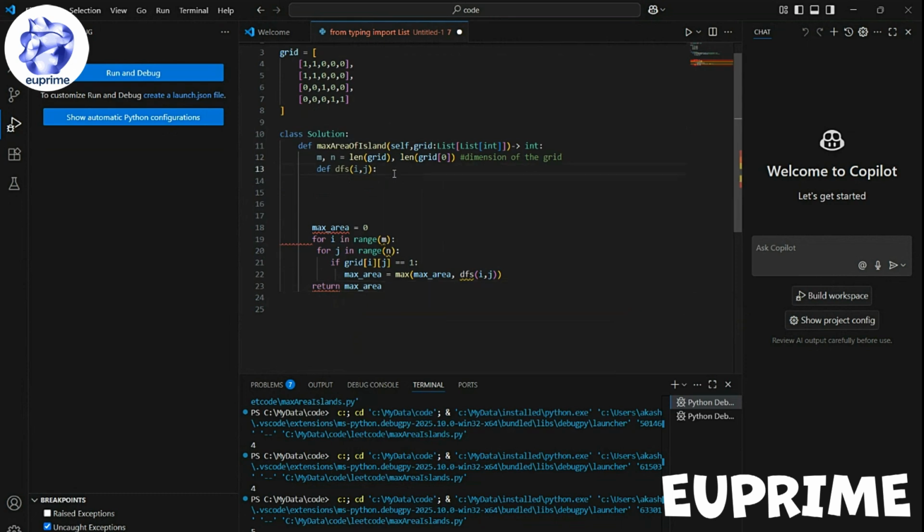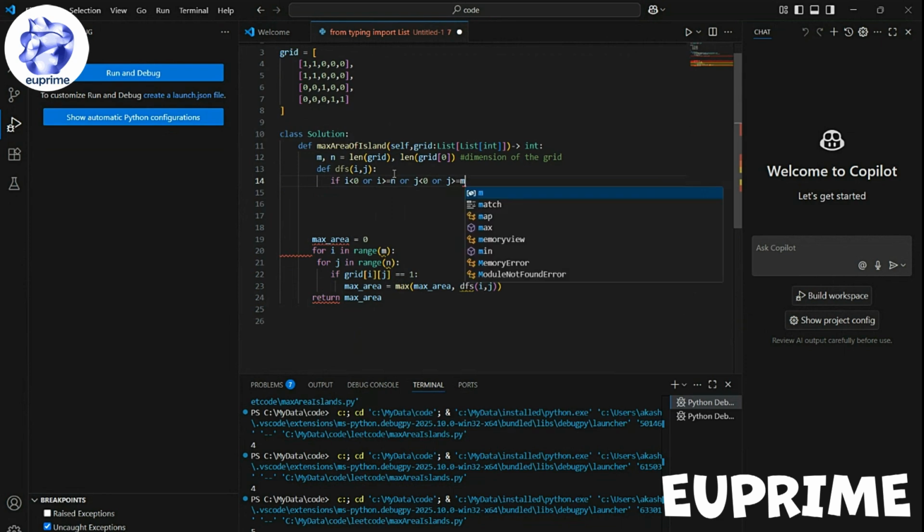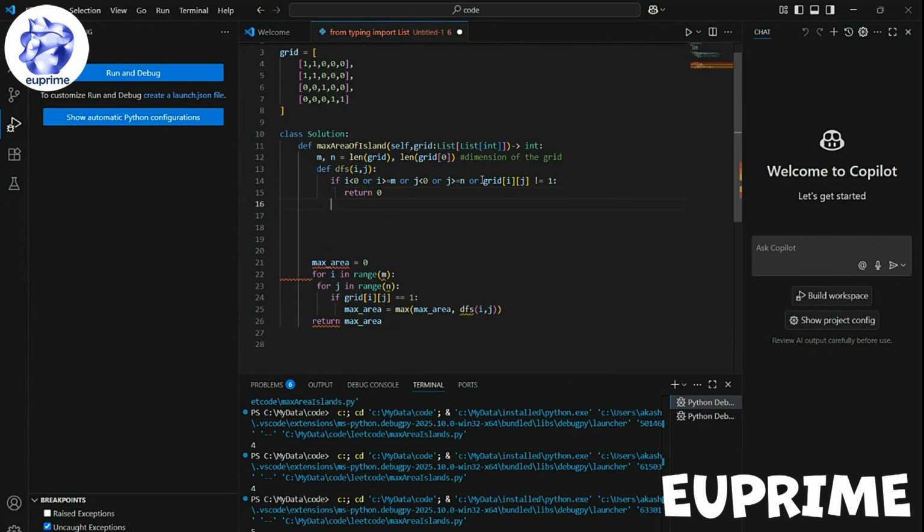okay. Before this, we have to define DFS, which is basically looking at all the corner cases. Or I can, or this should be N and this should be or. You don't want the grid to be not equal to 1 either, right? So if that is the case, you return 0,